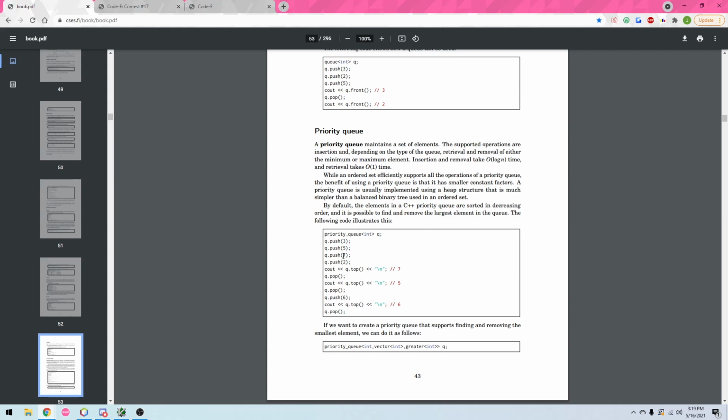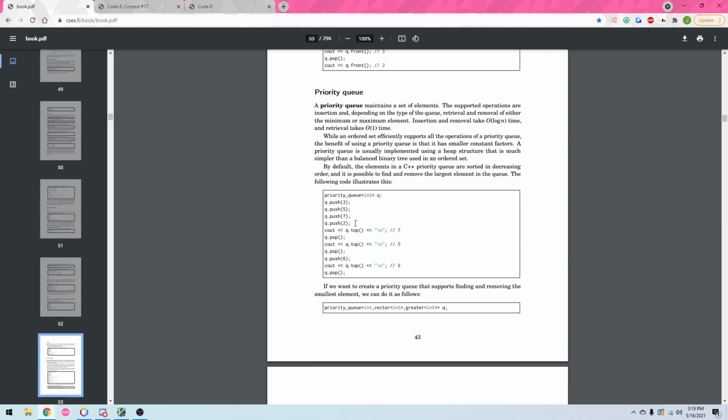So what happens is if you push, let's say, these four numbers, you're only going to have access to the front, but what's going to be at the front is the biggest number. So it's automatically sorted as it's inserting its elements. So if you initialize it like this, then by default it's going to be sorted in descending order where the